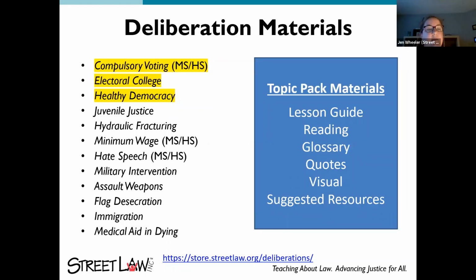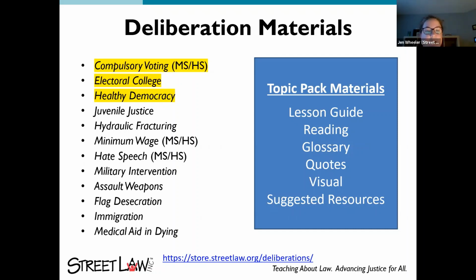And we have another pretty new deliberation that's less about a policy topic, but more about a conversation that could lead to policy topics: whether the United States is a healthy democracy. We have an accompanying lesson that goes over the signposts of democracy.